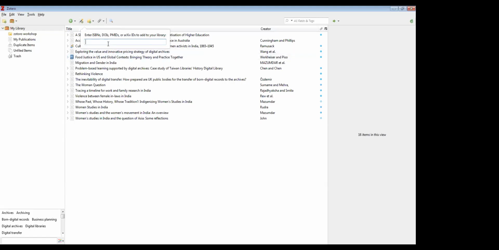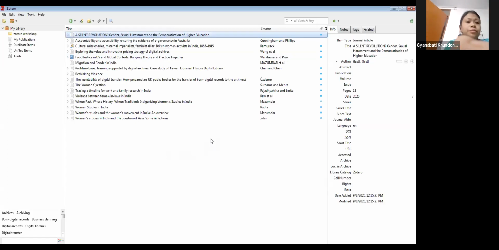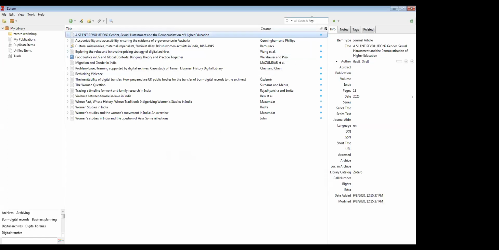If I know the DOI number or ISBN number, I simply copy and paste it whichever way you want, and then you search it. So it will search on the net and copy those resources into your Zotero collection. So this is another way of creating your collection, searching by the identifiers.